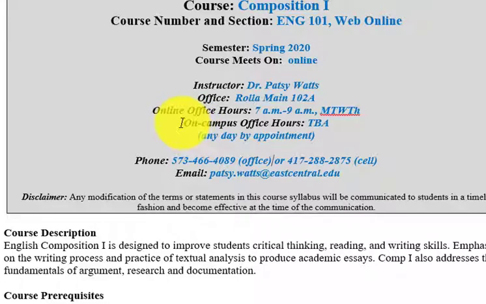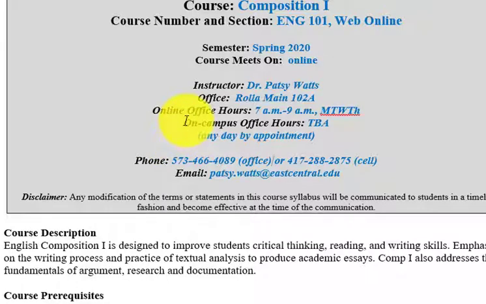But I also will be on campus. I'm on the Rolla campus, by the way, and I can meet with you any day so long as you let me know what time, and I'll give you instructions on how to get there.